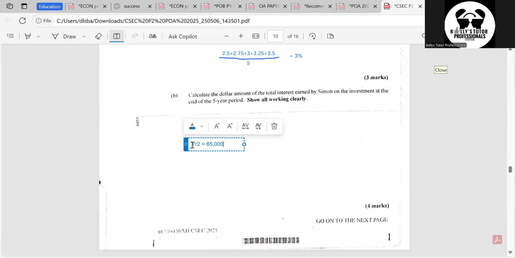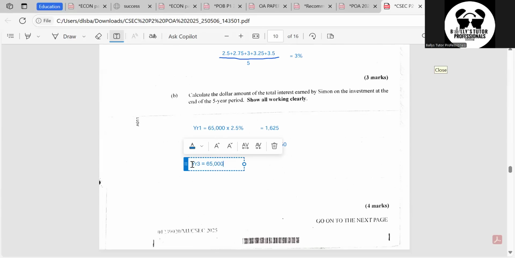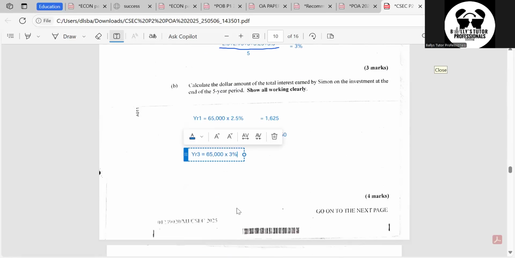would have been 65,000 again, multiplied by 2.75% this time, which was equal to $1,787.50. Year 3 would be 65,000 again, by 3% this time, because that is how much percent was for year 3, which is equal to 1,950. Year 4, which is, you guessed it, 65,000 again, multiplied by year 4 was